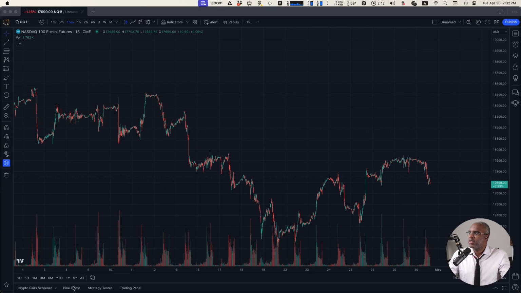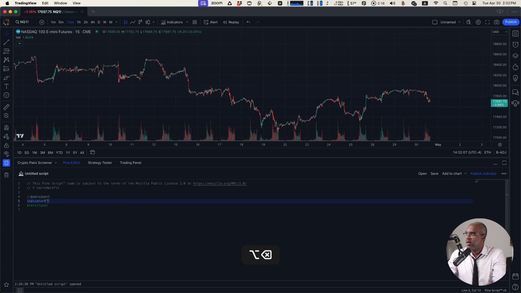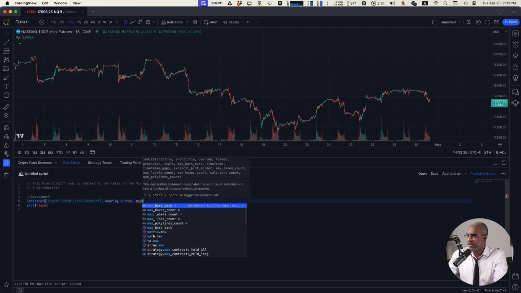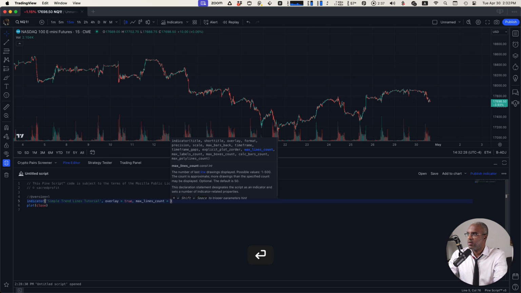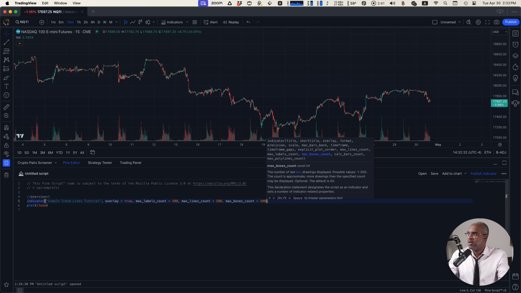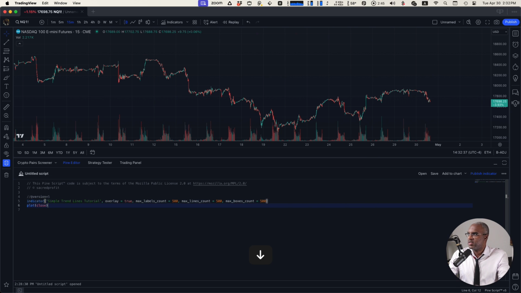All right, so as usual, let's go ahead and start a Pine script. We'll call this... and since we know we're going to be using a lot of lines here, actually, let's put the maximum of 500 labels, 500 lines, 500 boxes, because I think we're at least going to be using those. We're not going to use boxes. In our settings,